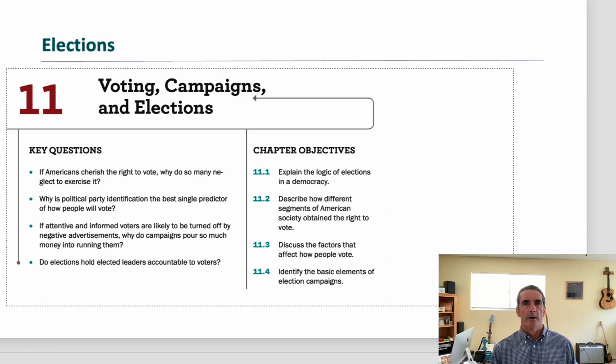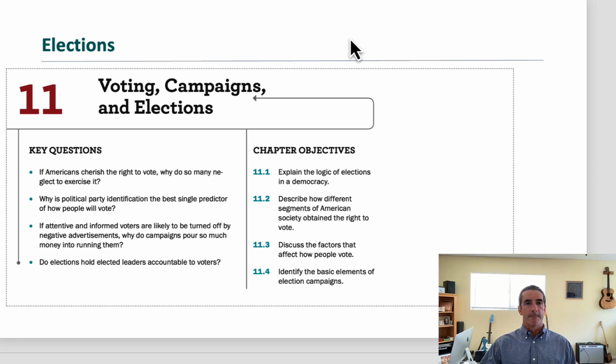Well, folks, here we are. This is the last section of the class, and it's on elections. The textbook chapter is called Voting, Campaigns, and Elections, and I have the opening page of that chapter up on the screen now. And as you can see, it addresses a lot of important topics pertaining to mass political behavior